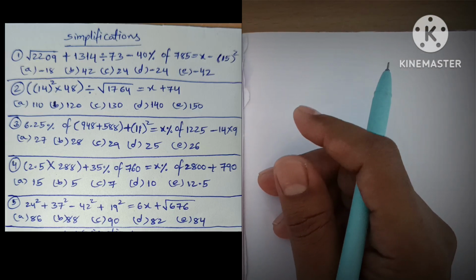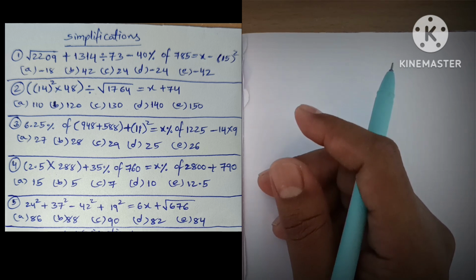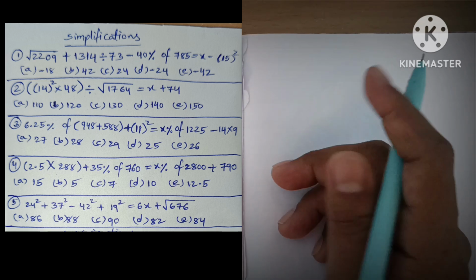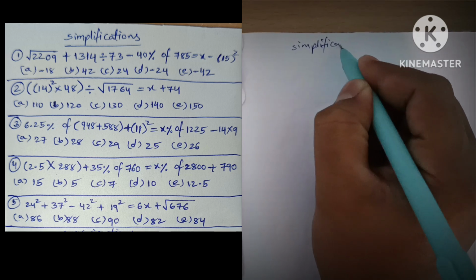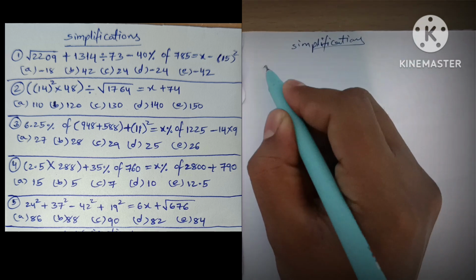Today we are going to do our to-do list day 21 score booster topics: simplifications. First question,